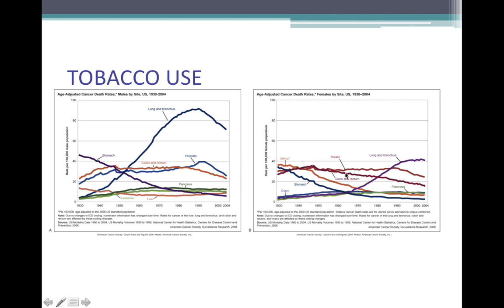But if you look at other cancers like colon and rectal cancer, pancreatic cancer, breast cancer, these are all on the decline, it appears, at least in the last 20 years or so, probably at least in terms of deaths, because of better treatments out there. There are some pretty good chemotherapeutic drugs, and early detection is better utilized now in the healthcare field.